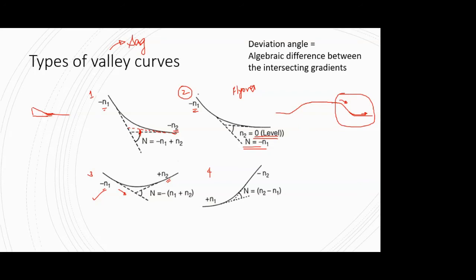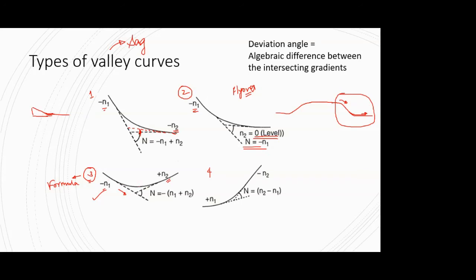So this second example is typically in case of a flyover. Okay. Third one, already you have seen the title slide, that is the down gradient followed by an up gradient, and that's the typical case, or this case we are going to consider for evaluation of all our formulas for a valley curve.